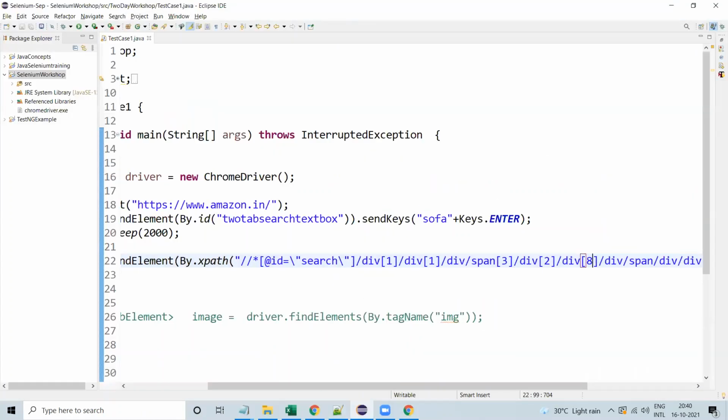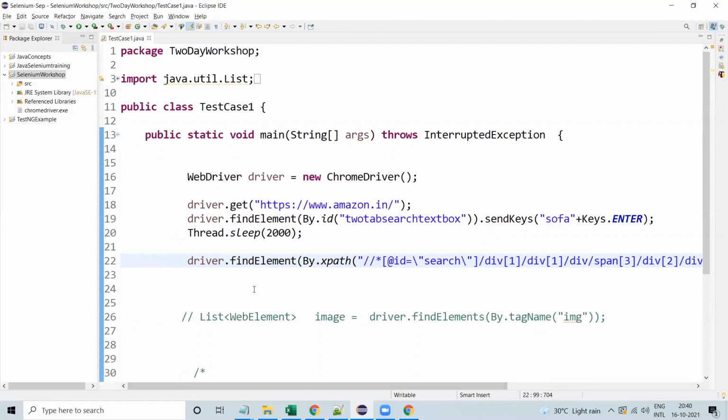Clear this? So it is identifying now. Now what we need to do is handle window handles first.